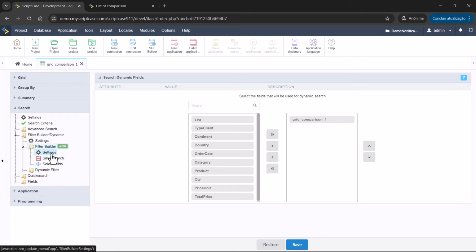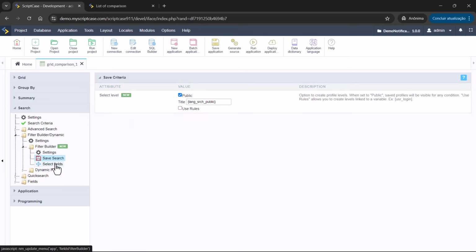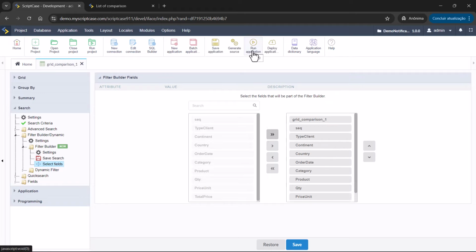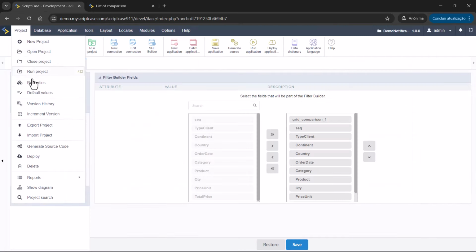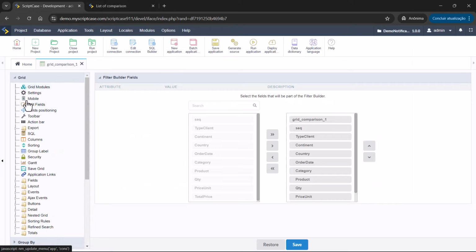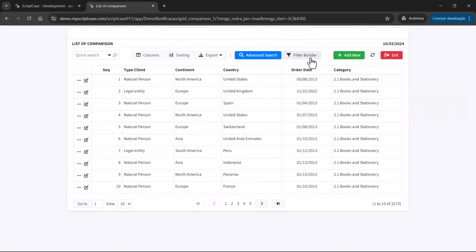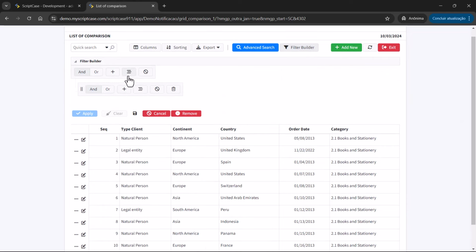Then we have settings for the filter builder. We have the save search option and the select fields. So to activate, I will select here all fields, and you will see that a new button will appear, the filter builder, because now we have it available. If you want to reposition the button, you can use the option toolbar here. Then you'll be able to change the position of the button, and the default will be this way, opening on, it's like an iframe